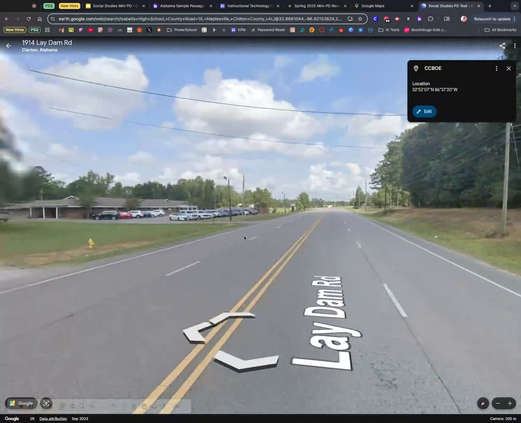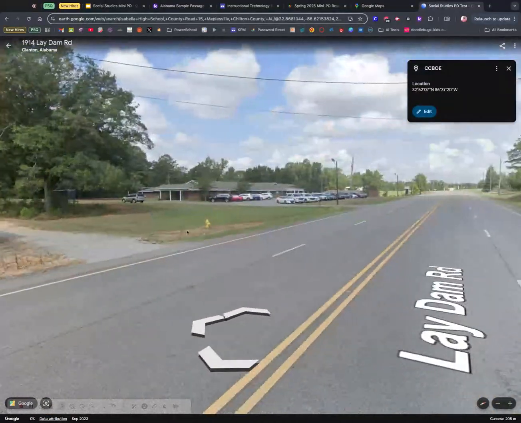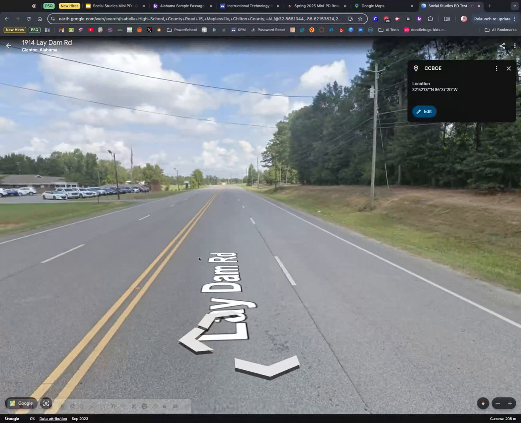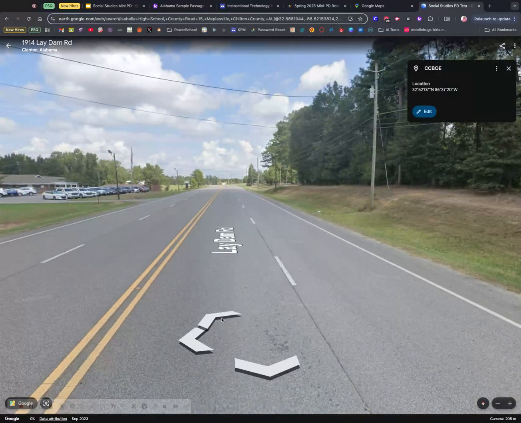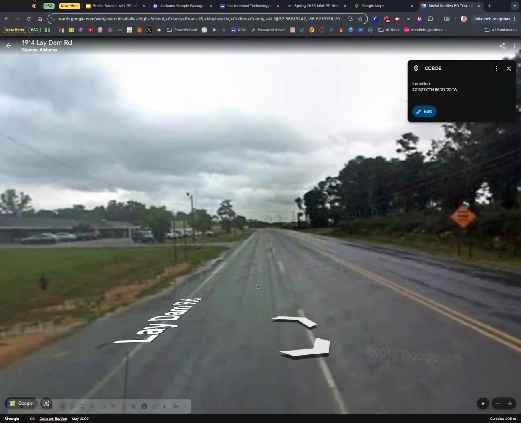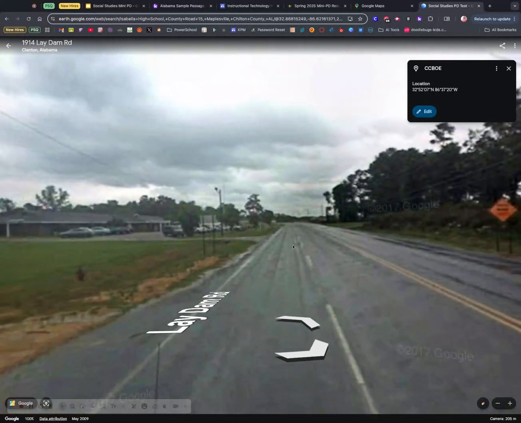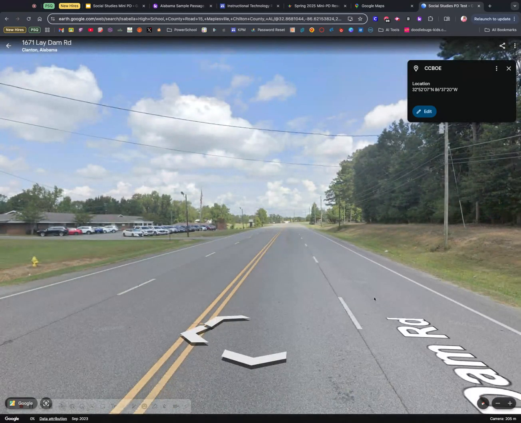and it will take us to that place. So there is our lovely office. We can move forward a little bit if we wanted, or I can turn all the way around and go down the road. You can see it's also going to change over time, depending on the last time it was updated. In the background right here it gives you 2017. This was 2023. So it just depends on whenever they've updated